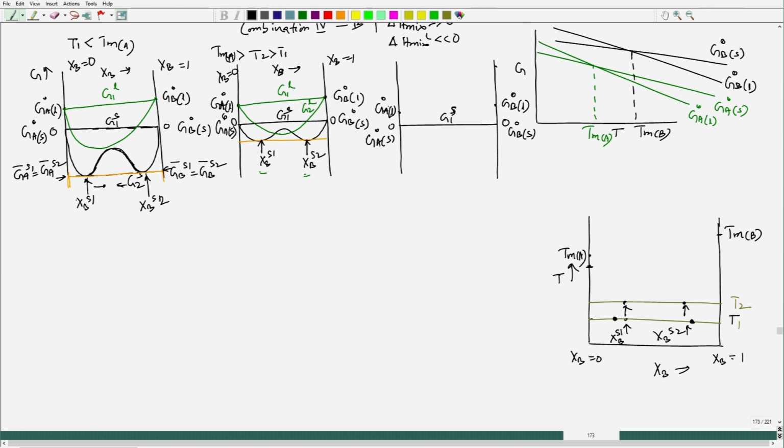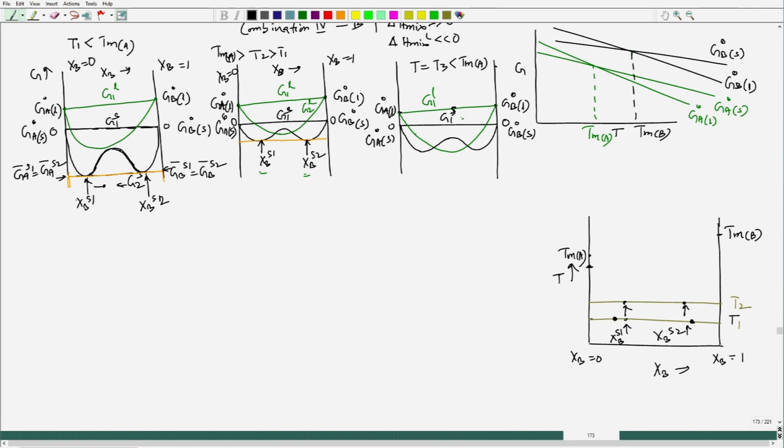Okay. Now, the liquid G1 is here, liquid, and the solid G1 is here. Now, I have a situation like this. A situation would arise at T equal to T3, which is still less than TmA,